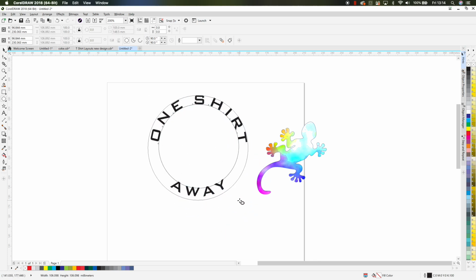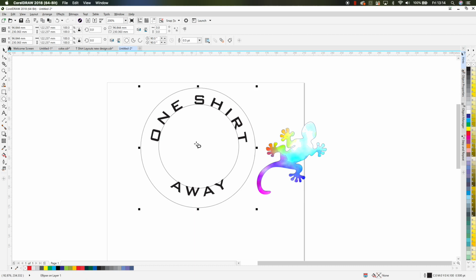So basically, as I'm doing that, what I'm doing is I'm holding down the Shift and the Control key. Okay, let's do that again. So I'm going to position myself somewhere in the middle there, as close to the middle as possible. I press down the Shift and the Control key, and I'm going to drag, and that is going to give me a larger circle on the outside.